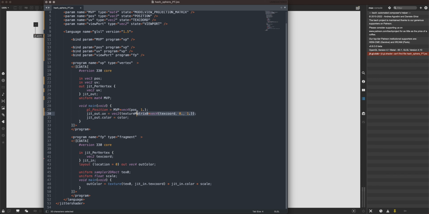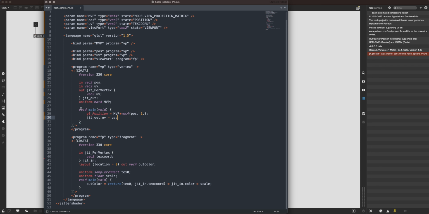This we are going to change, but for UV we are going to get rid of this, and then in the fragment program we are going to get rid of this uniform,